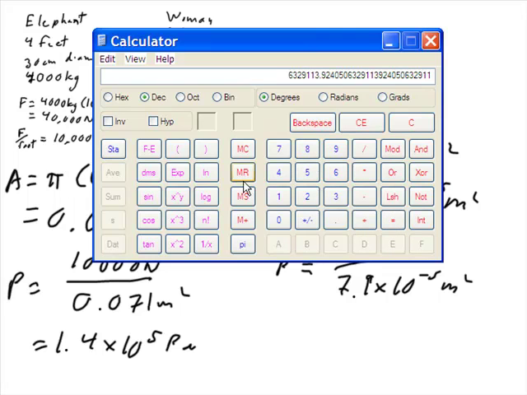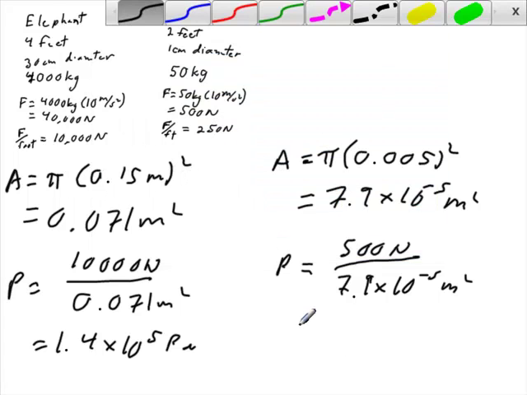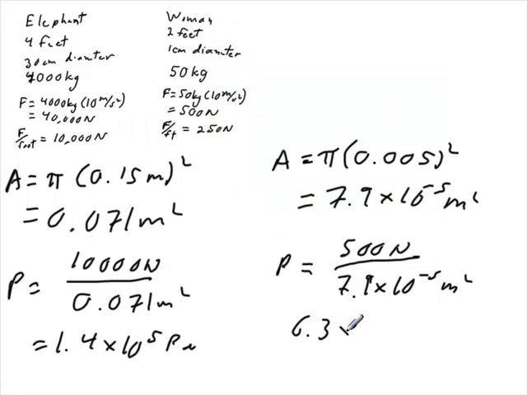Oh my goodness. That's 6.3 times 10 to the 6th pascals. So underneath the woman's spike heel, there is more than 40 times as much pressure as underneath an elephant's